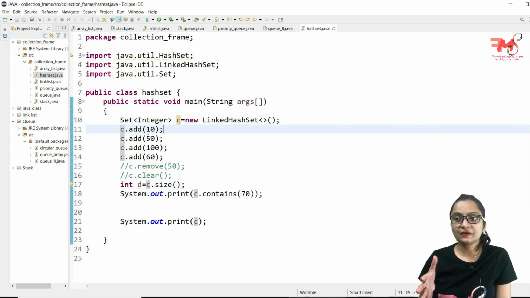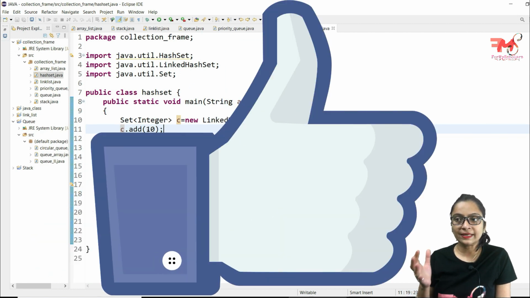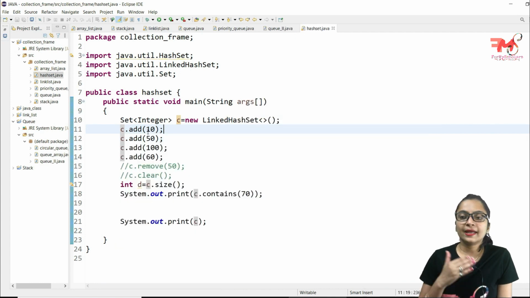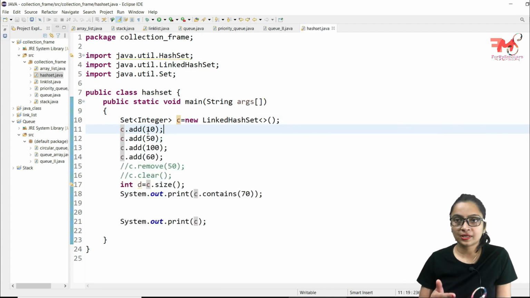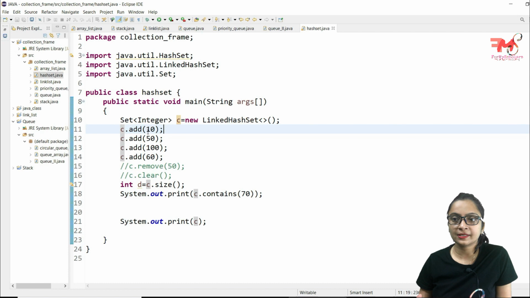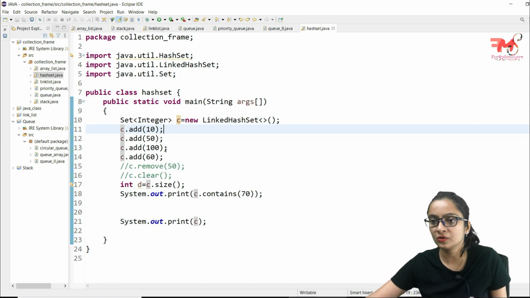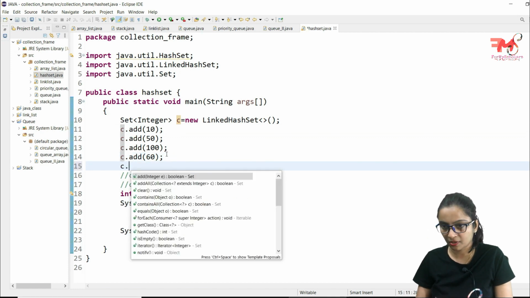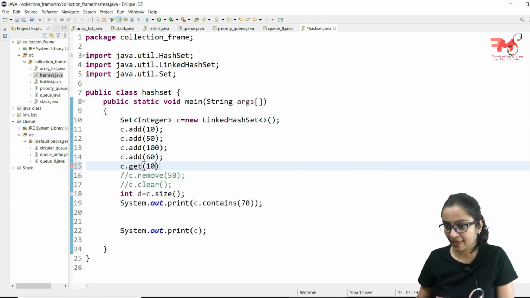So that is the difference between linked hash set and hash set, because linked hash set is maintaining the property of a linked list also. It is storing the data in a hash table, but now the hash table is implemented using a linked list. That's why it is maintaining the order of the elements. But the other property, that duplicate items do not exist in the case of the set interface, will be maintained here. Let's suppose you want to insert 10 again.